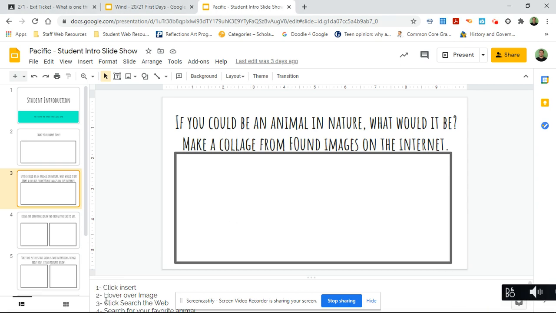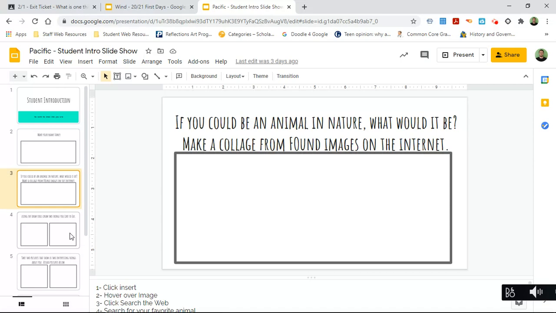Hello, students. So a big part of this class will be learning from videos. Today, for the second thing that we're doing today, I'm going to show you how to do this over a video. So what you need to do when you're watching a video and following along is you have to have your screen split screen. You need to have the intro slideshow on one side and the video on the other side. Now, since I'm making the video right now, I can't show you the video on one side and the